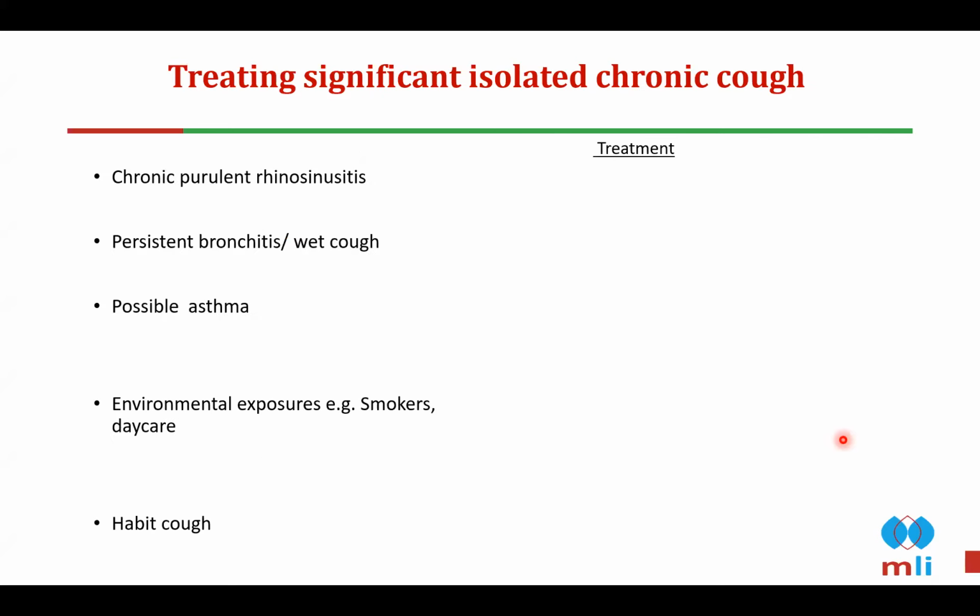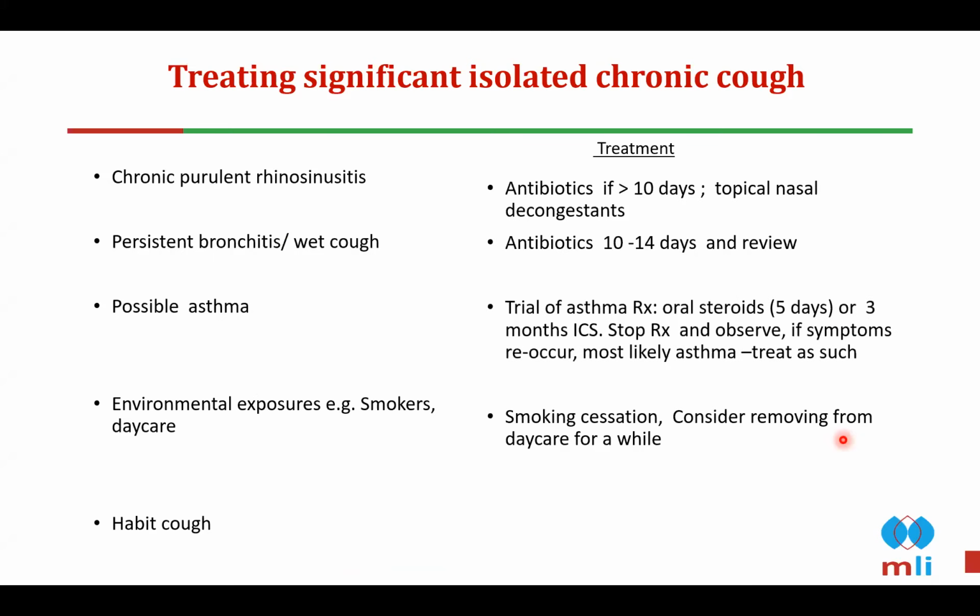So how do we treat? If a child has chronic purulent rhinosinusitis, in this case, you would need to have antibiotics and a topical nasal decongestant. Many times we've given coughs like we are really treating acute cough. Commonly we see patients receiving antibiotics for 3 days or for 5 days, but usually we try to give a prolonged course of antibiotics. Usually we do 10 to 14 days. And this one usually really helps to improve children who have this chronic purulent rhinosinusitis, as well as the ones